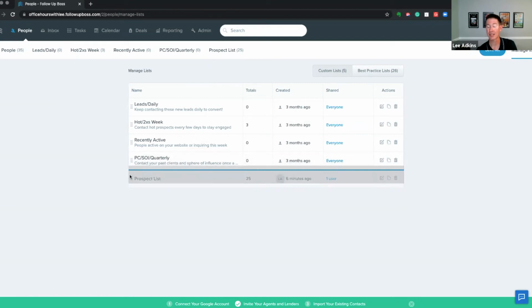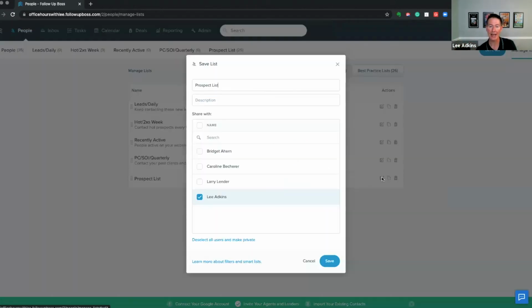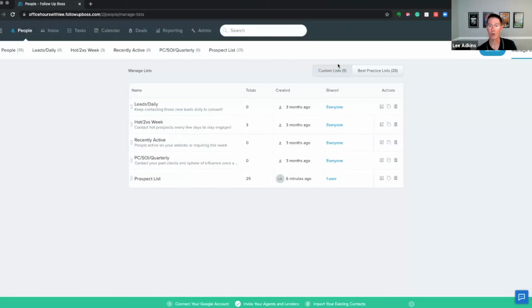Or you can also make these private. So if you are a team owner and you want to have a recruiting list, you can make it so that only you see that list and not the rest of the team. If you go to edit, you can select who sees those lists. I work with some people that have different divisions with different smart lists.